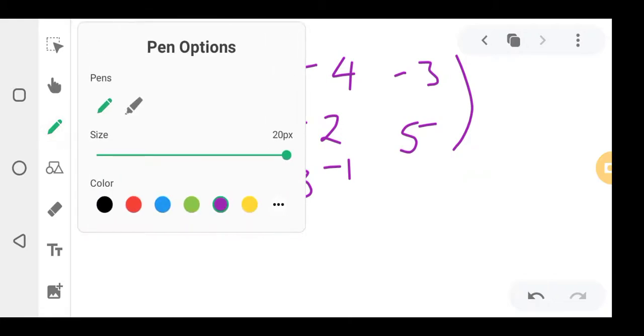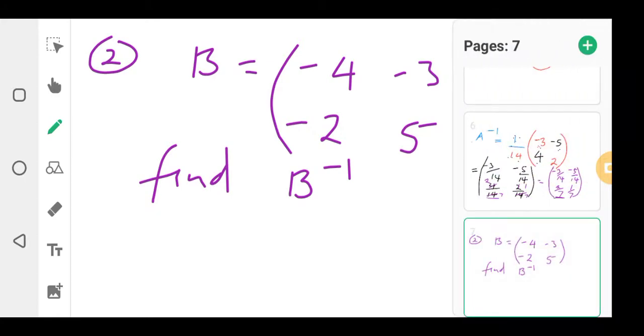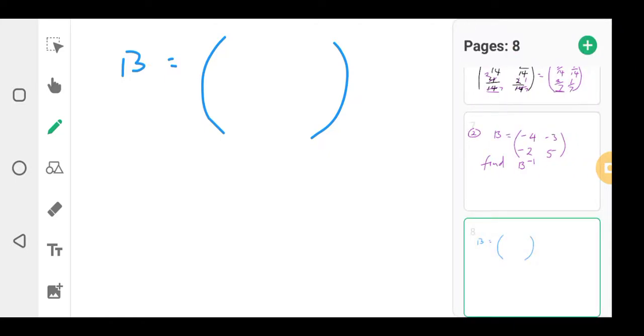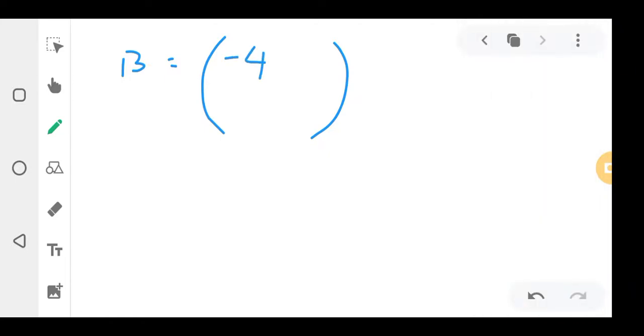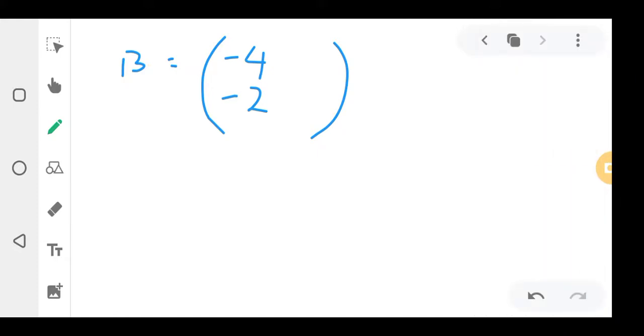Before you find the inverse, the first thing you do is you find the determinant. I think I explained this. So what is it? The matrix B is equal to -4, 2, -3, 5. So you say determinant of